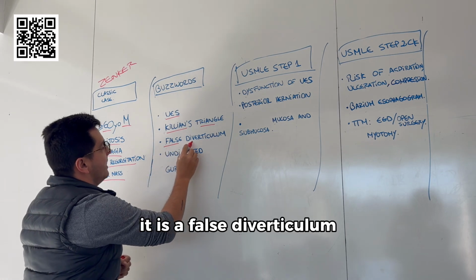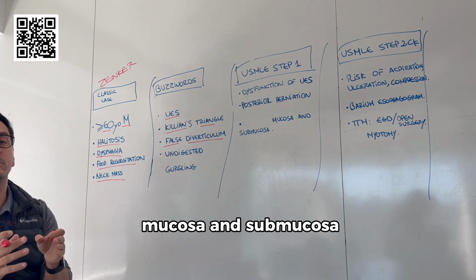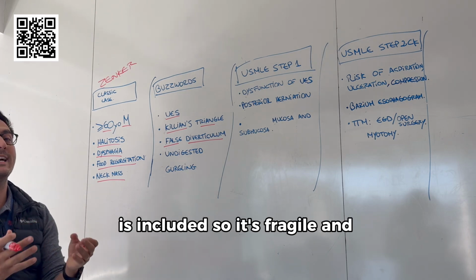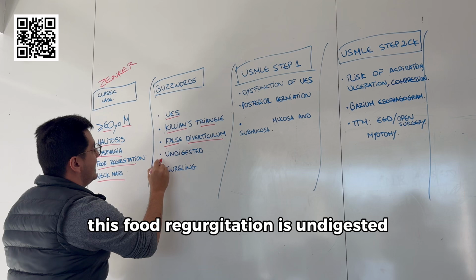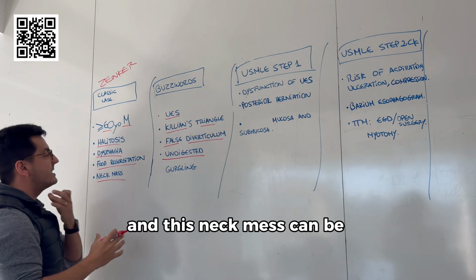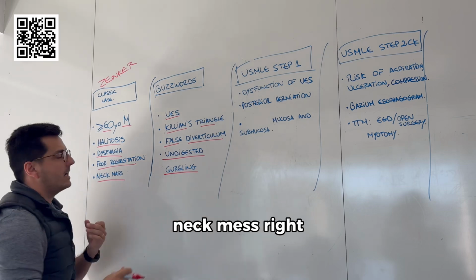It is a false diverticulum, and the USMLE steps want you to know that just mucosa and submucosa are included. So it's fragile and it can rupture, right? This food regurgitation is undigested, so it's disgusting, and this neck mass can be described as a gurgling neck mass,